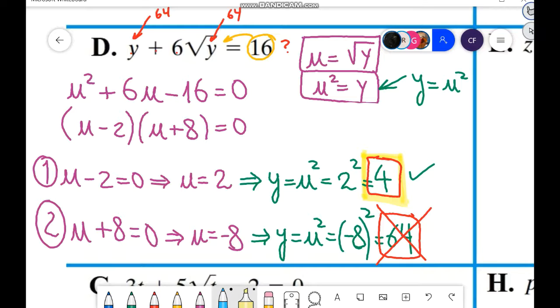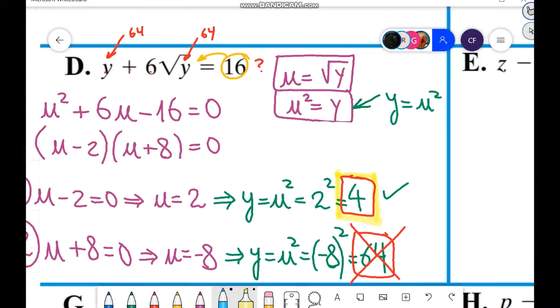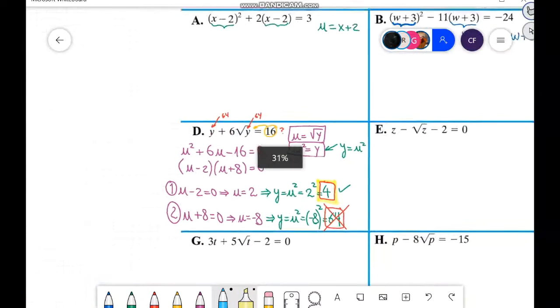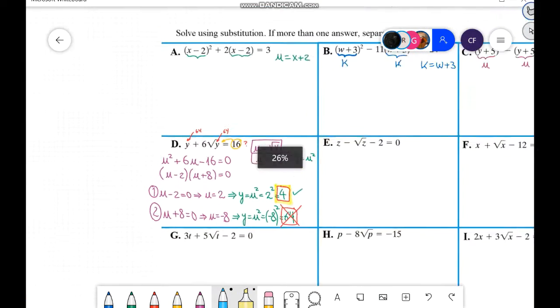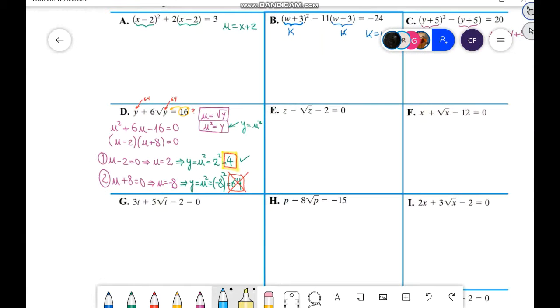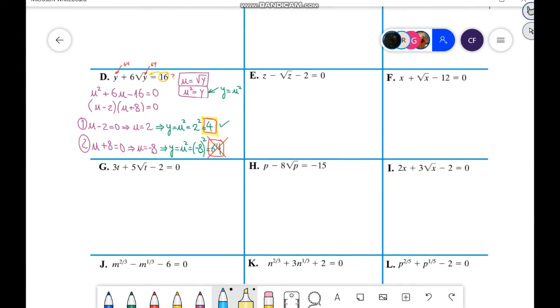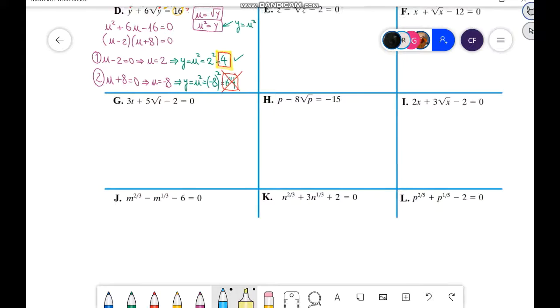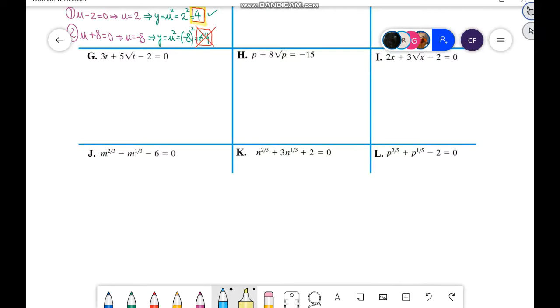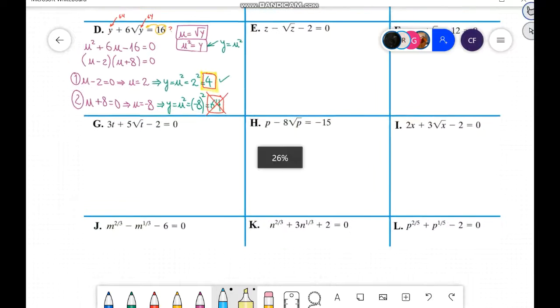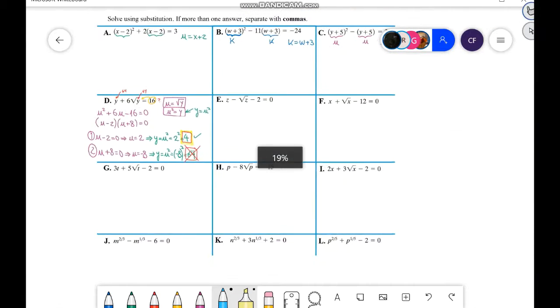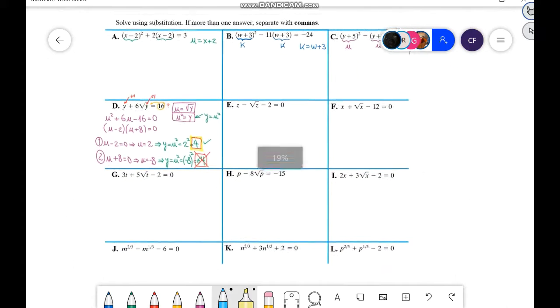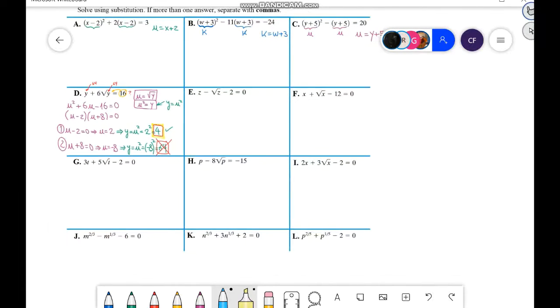Even for the PhotoMath app, I tried the questions from A to I. I think the app answered well, but for questions J, K, and L, the app made a mistake. So even for the app, these kinds of questions are a little bit hard. So don't worry. Try to work. Try to understand how to solve